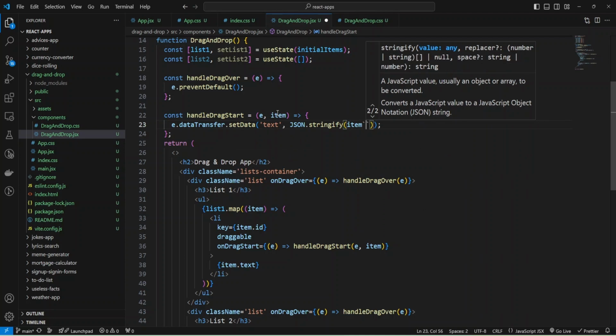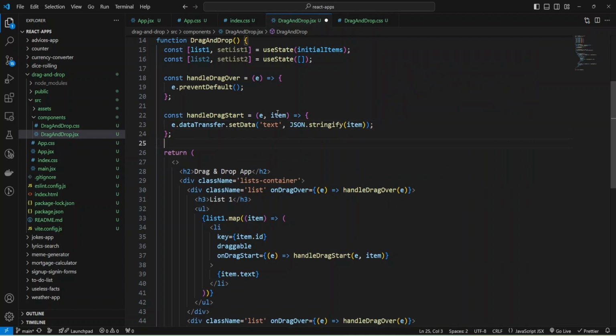Okay, and now we can add on drop event to our div with class name list.